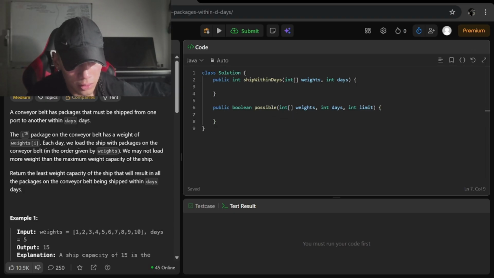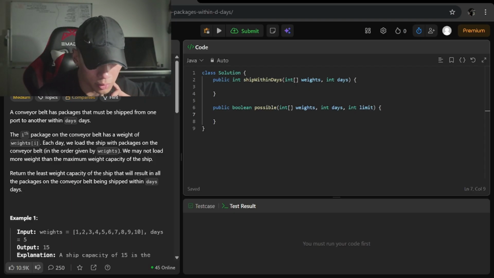Okay. So let's do the binary search on the range with the middle being passed to possible.